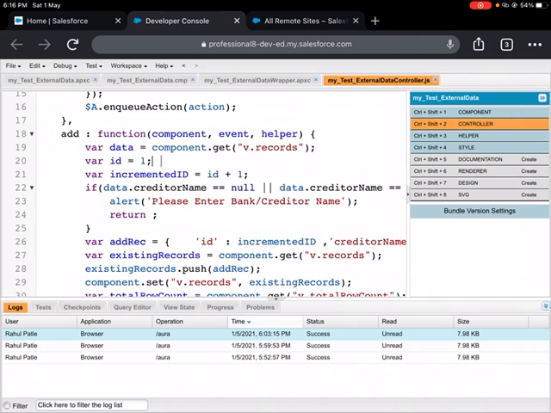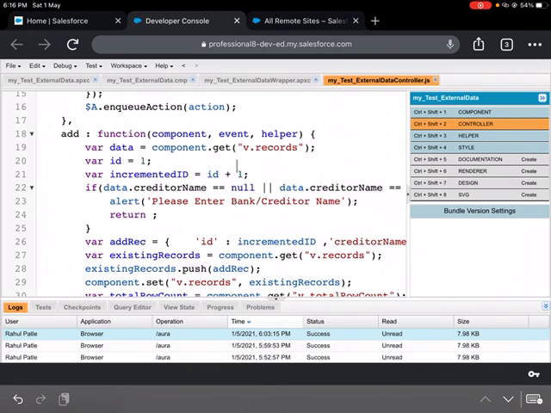I've just kept it as a 1, but I can actually make it an encrypted ID, so that will take another time. So I just created it as a 1 for time being, and I have incremented it for each add, whenever I click on add, I will increment it by 1.